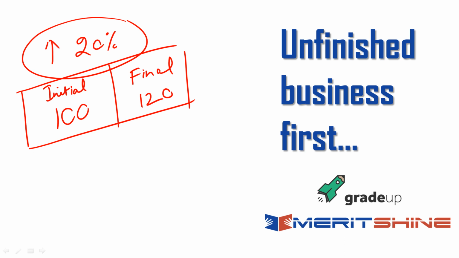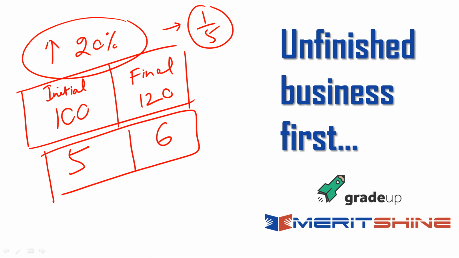But now since I know that 20% is nothing but 1 by 5, what is 1 by 5? Just try and understand this. 1 by 5 means 1 is 20% of 5 and nothing else. So whenever I have to assume numbers like this, I'll think of the initial value as 5 and the final value as 6. What it means is that when the number was not increased, it was 5. I increased it by 20%.